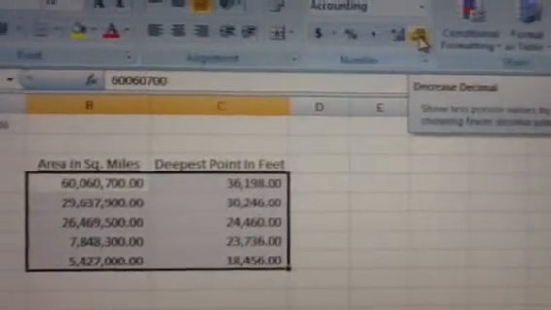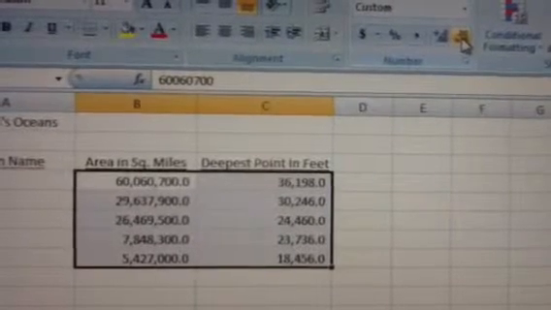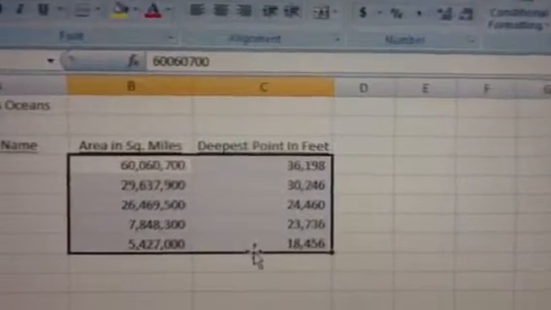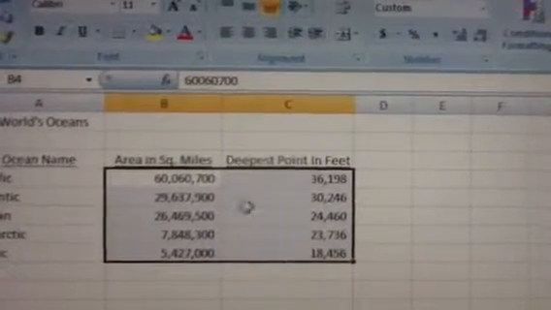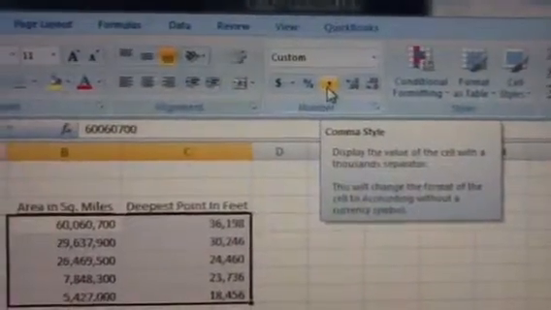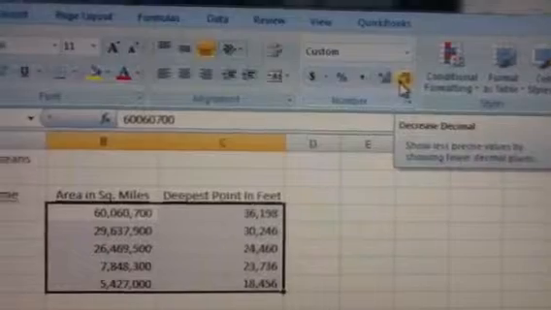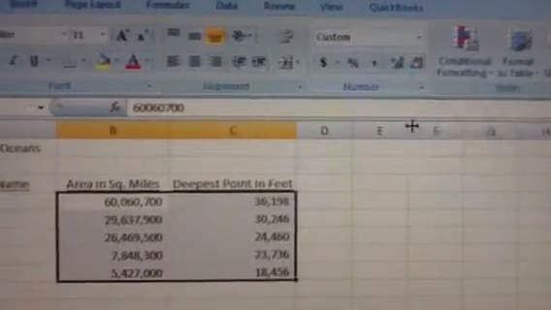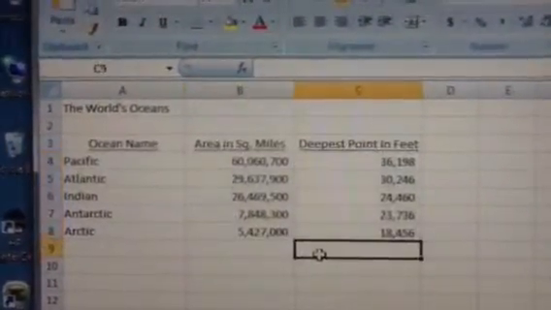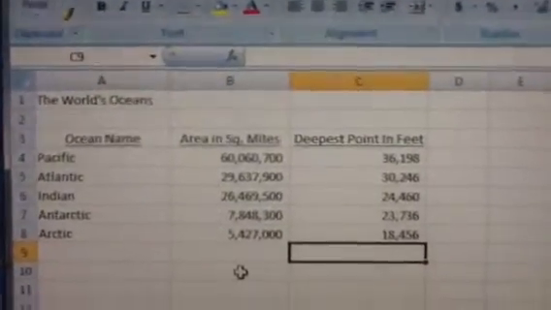we have our cells still highlighted. I'm going to click it once, and you'll notice it got rid of the decimal place, down to 1 decimal. We click it again, we're back to our numbers in the normal fashion that we need it for this assignment. Again, we were just formatting the numbers. We used commas to separate, and the button up here at the top is a comma style. And then to get rid of the decimal points, we pressed decrease decimal. Looking back at our table, it would appear that we have formatted it the way we need to for this